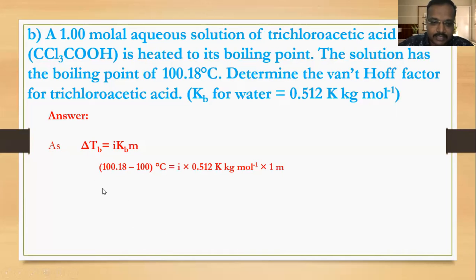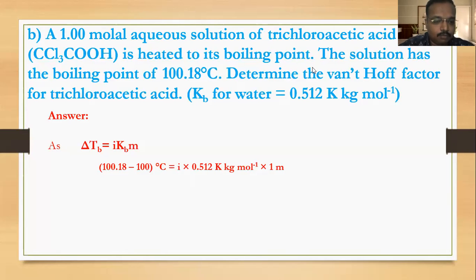From where did we understand that it is water only? Since in the bracket it is given Kb for water, from that we have to imagine that the solution is made in water only. Of course, it is a molal aqueous solution that is given as the clue. So aqueous solution means substances are dissolved in water only. When a substance is made in water, that is called an aqueous solution.